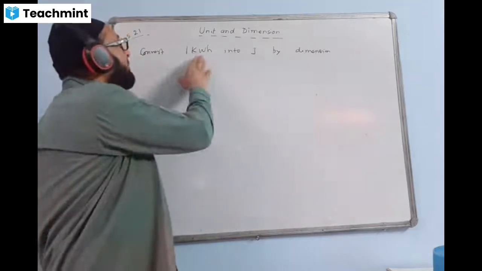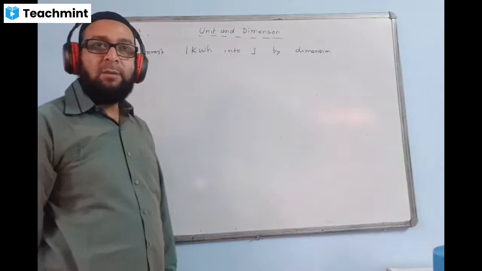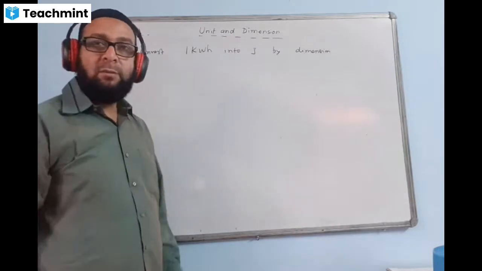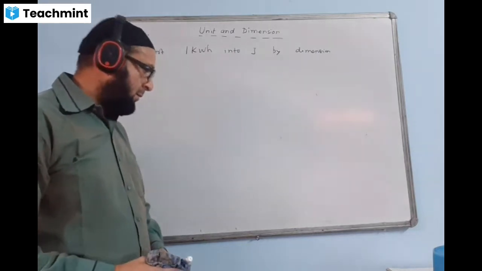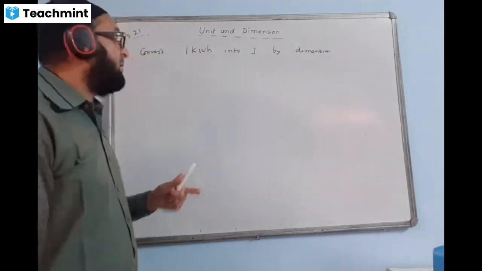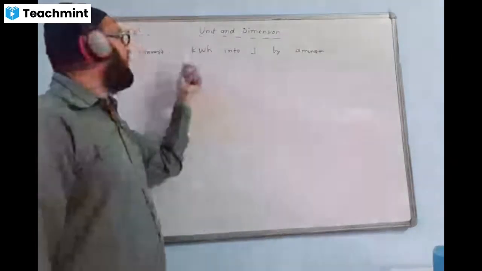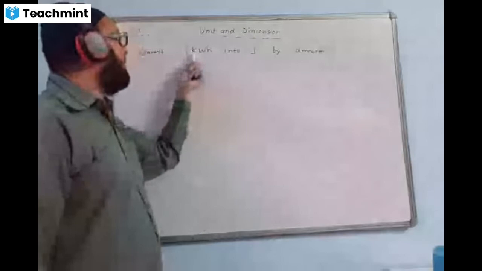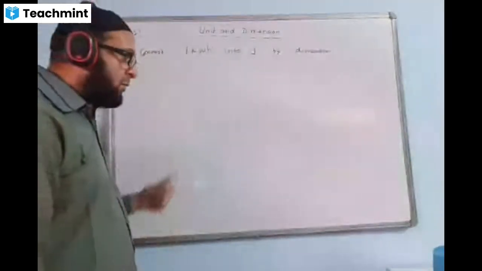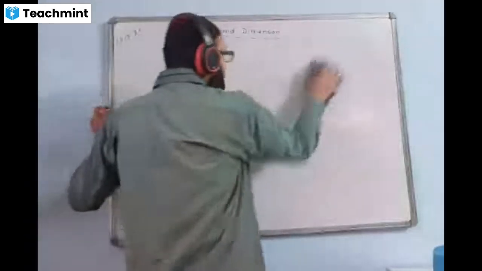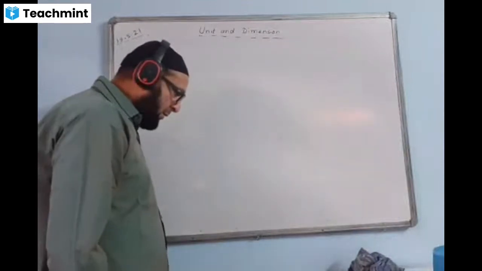Kilowatt hour is not a system of units, so we cannot convert it that way. With that we have to do the conversion directly. All right. Did you get it? Only one system can be converted into the other system. That's what I gave as the heading. So this one we have to do directly. 1 kilowatt means 1000, and an hour will be 60 into 60. Then the answer will come, like we do at class 10 level. So this cannot be done by the method of dimension. Only one system into the other system we can do.